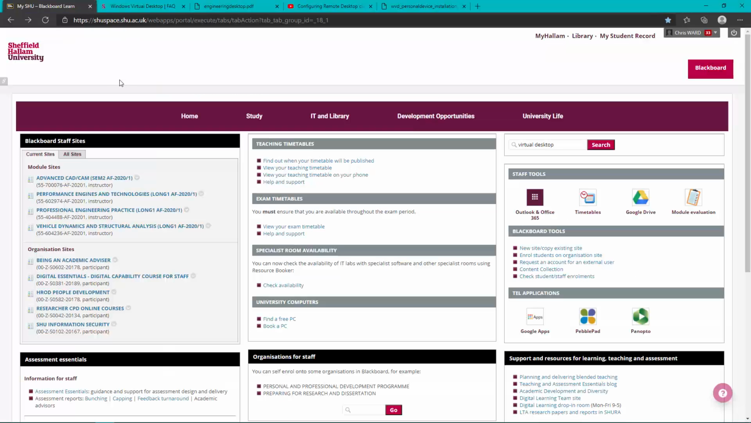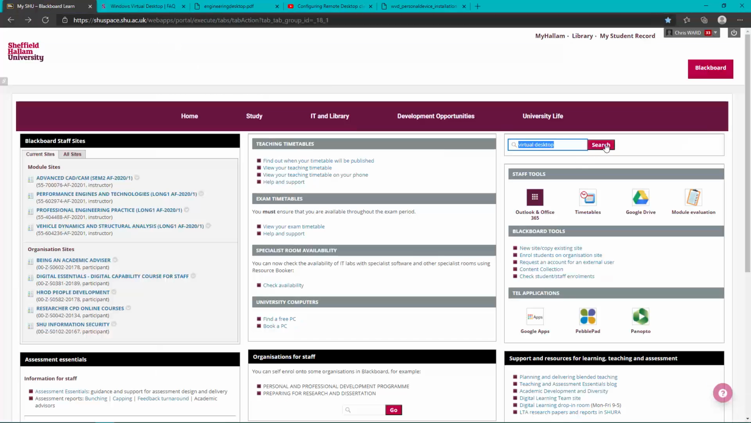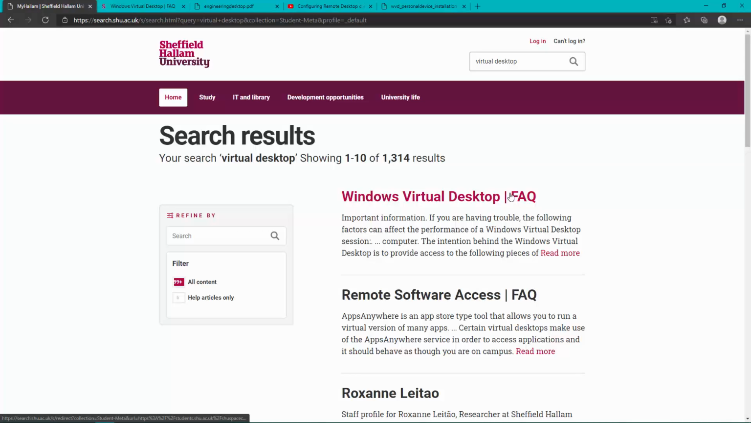So one of the options, if you're having troubles getting the SEK version of Solidworks installed, is that you can use the off-site virtual desktop. So if you go to the SHU Space site and you log yourself in, and then just search for the term virtual desktop in the search bar here, and at the top of the list, when you do that search, this option here, Windows Virtual Desktop, will take